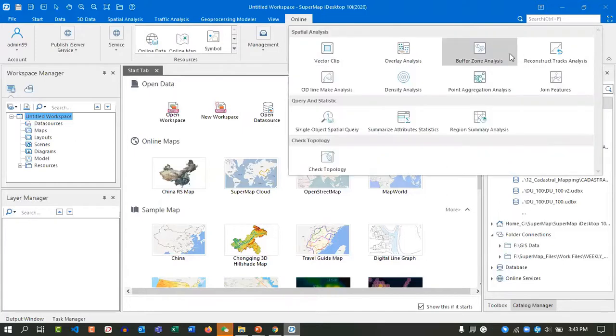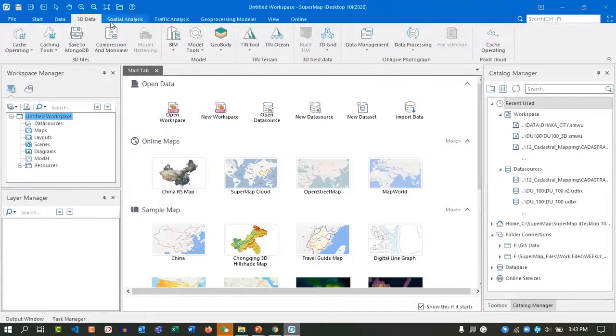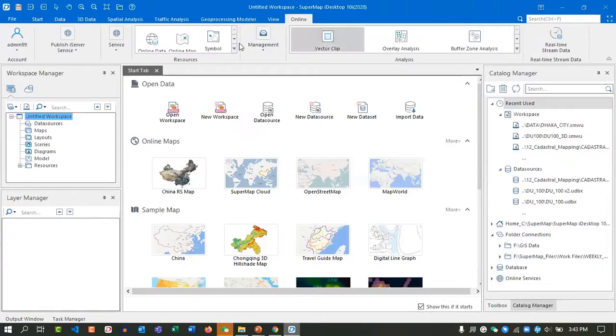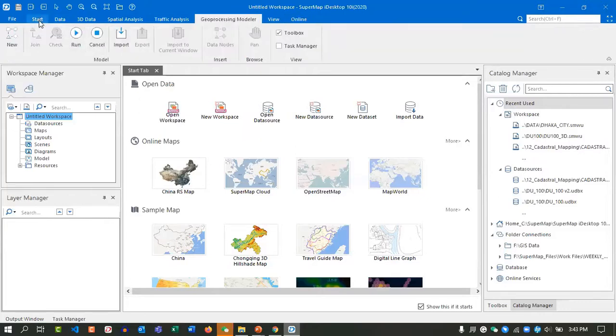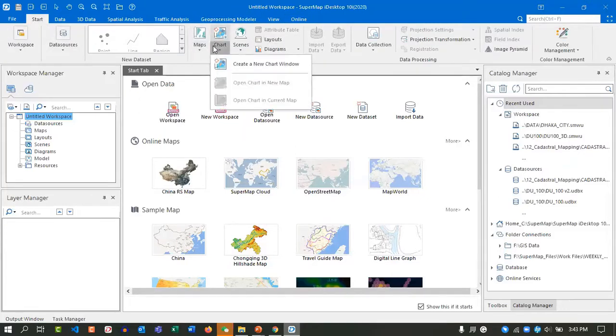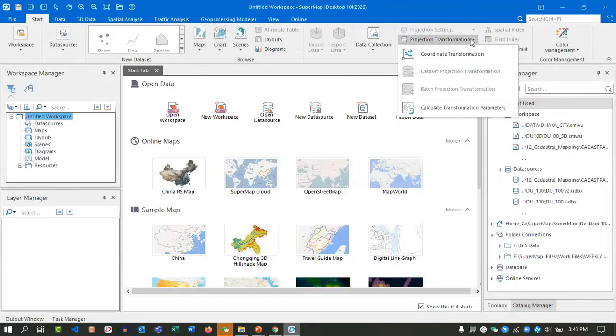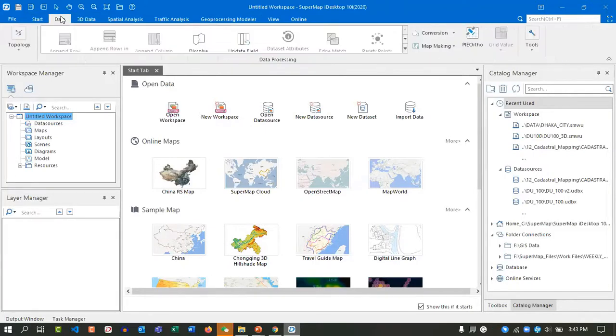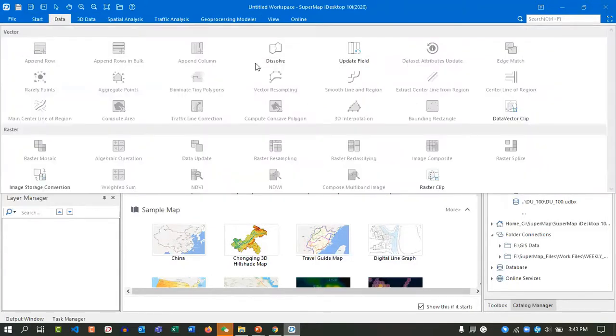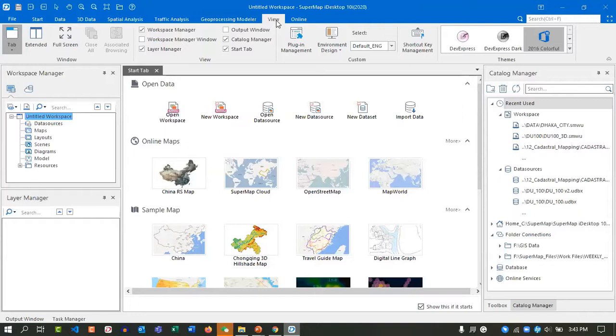And they have analysis toolsets like vector analysis or spatial analysis. You can query and statistic, and you can check the topology of your datasets. So these all are the functions in the menu bar. These are the online functions, and there are some others. Here you will get all of the things like map, chart, scene, and you can check the projection of your dataset, and you can get the data processing section. Here there are a lot of toolsets available, and from here you can select viewer, and then you can select